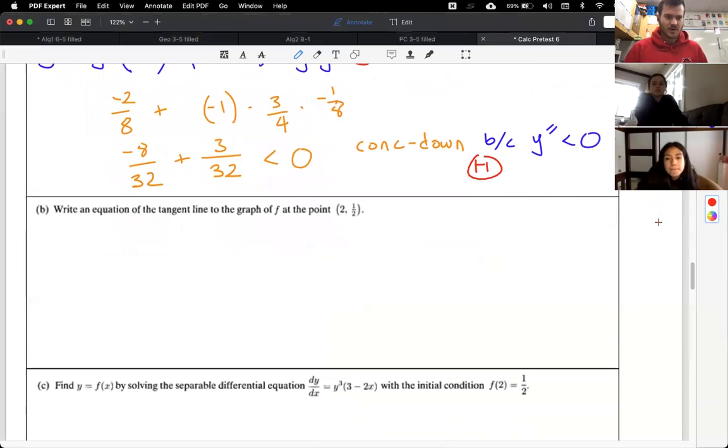Part B, write an equation of the tangent line. Oh, you've seen these before and before. Okay, so equation of the tangent line, that's y minus box. That was kind of a big box. I don't know if it needs to be that big. I'll make it tall. Y minus box is,